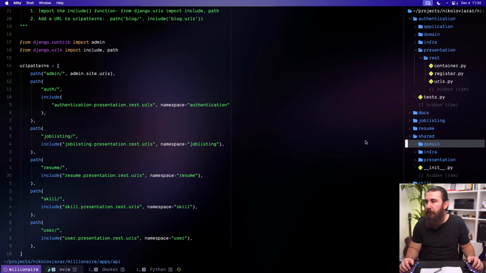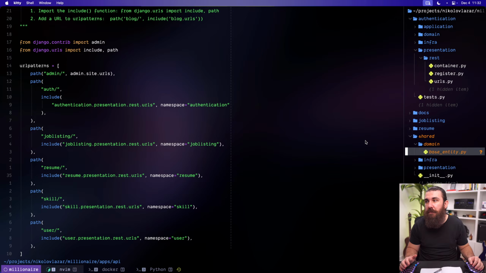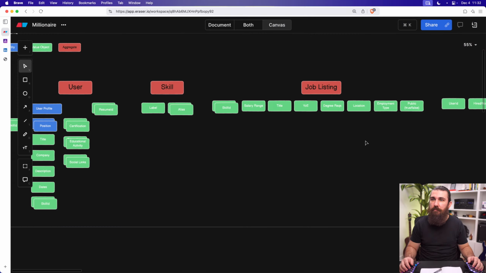Okay. Let's work on the entity first. I'm thinking the base entity. I'm going to call this base entity. It's in the domain. Cool. There are some rules for the entity. First and foremost, it has to have an ID. We also need to implement an equality operator. Like when we say